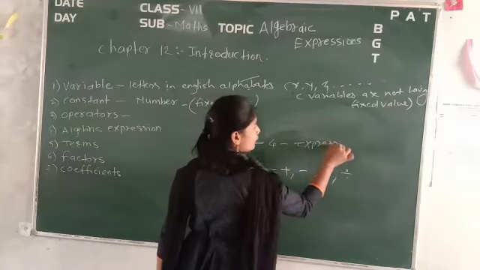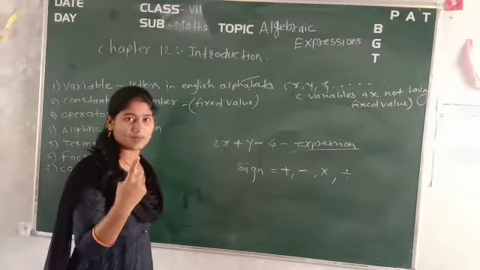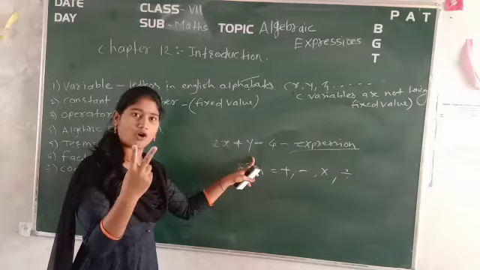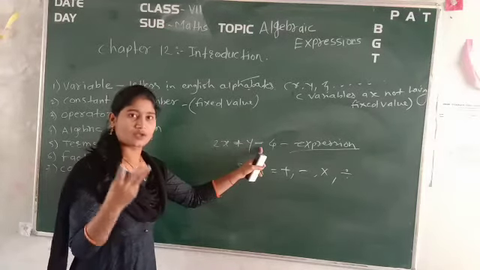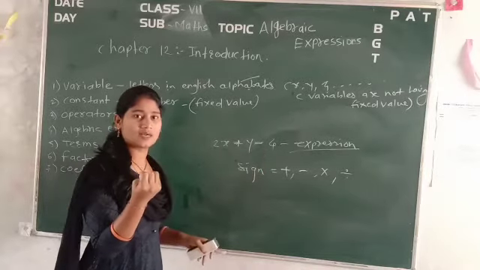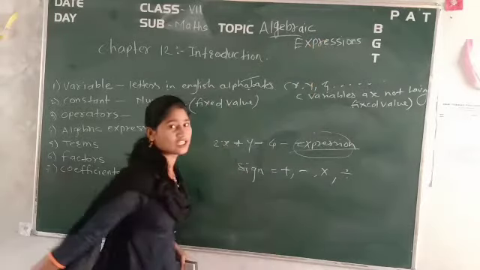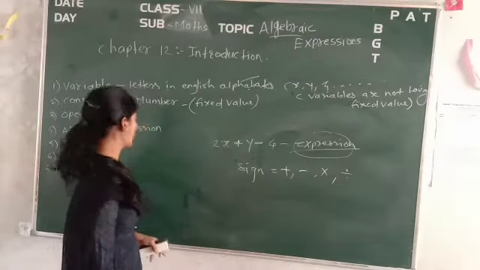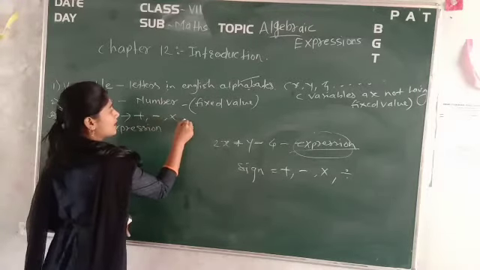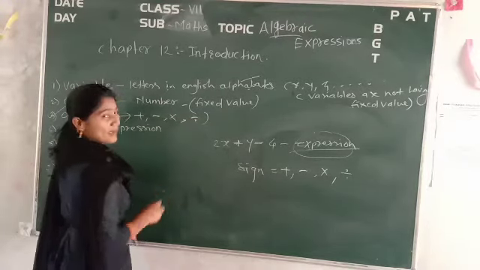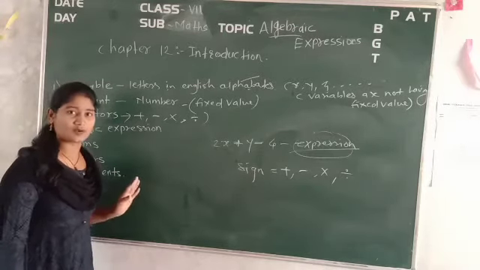If we have to find the expression, we need three main things. One is variables. Another is constants. And the third thing is operators between them. If these three things are gathered together, it will form the expression. We call this an algebraic expression also. Operators, have you understood? Plus, minus, multiply, division. These are mathematical operators. We call them algebraic arithmetic operations also.